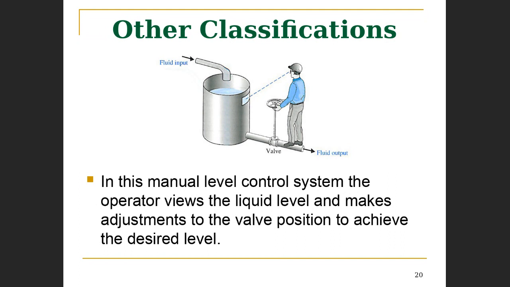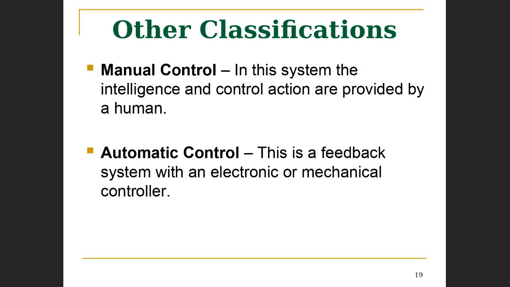Now, in a manual system, let me go back to the previous slide here. Right, so this is what I should be looking at. So we have yet another classification, manual and automatic. Now, in a manual control system, the intelligence is provided by a human being. It makes intelligence and action, right? And control action is provided by a human being. Okay? Now, in automatic systems,